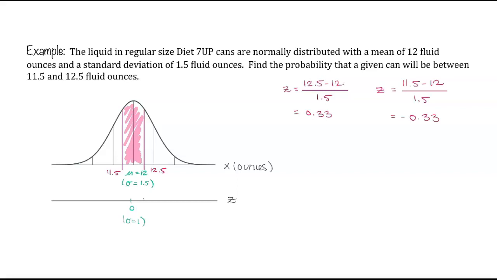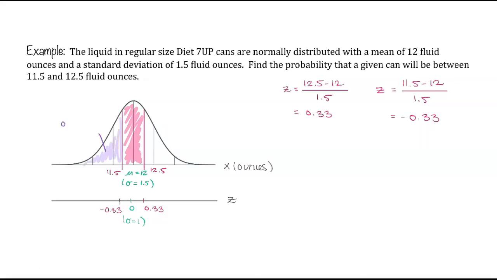Let's add those to our picture. Now we know that the area under the curve between 11.5 and 12.5 ounces is equivalent to the area under the curve between Z-scores of negative 0.33 and positive 0.33. Take a look at your Z-table and notice that the area to the left of negative 0.33, that's this area here, is equal to